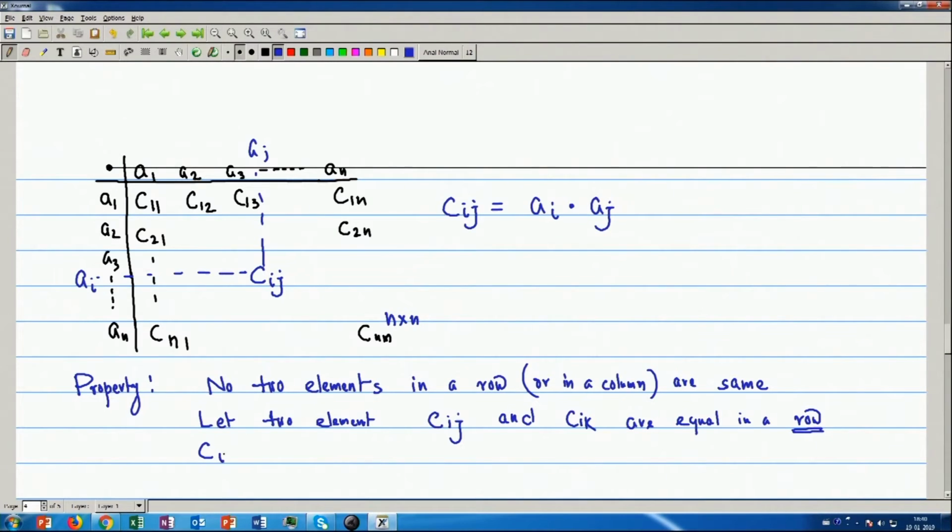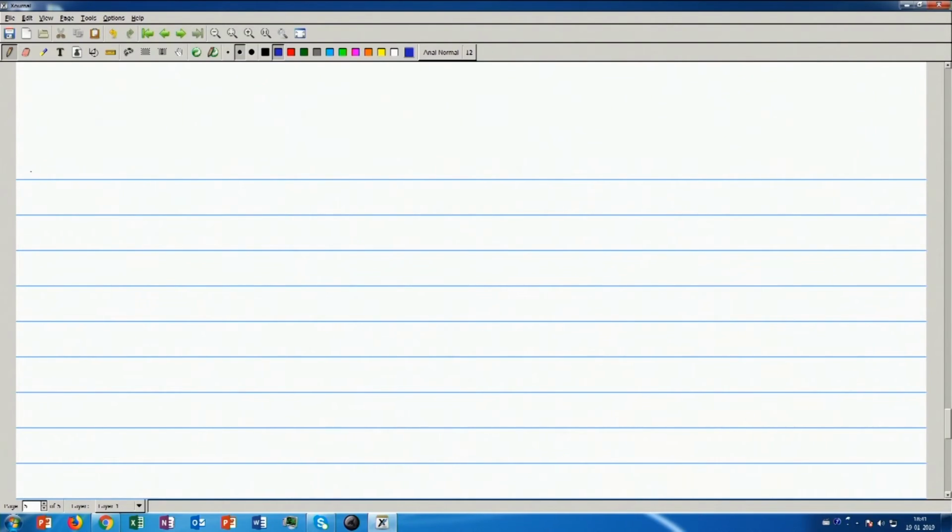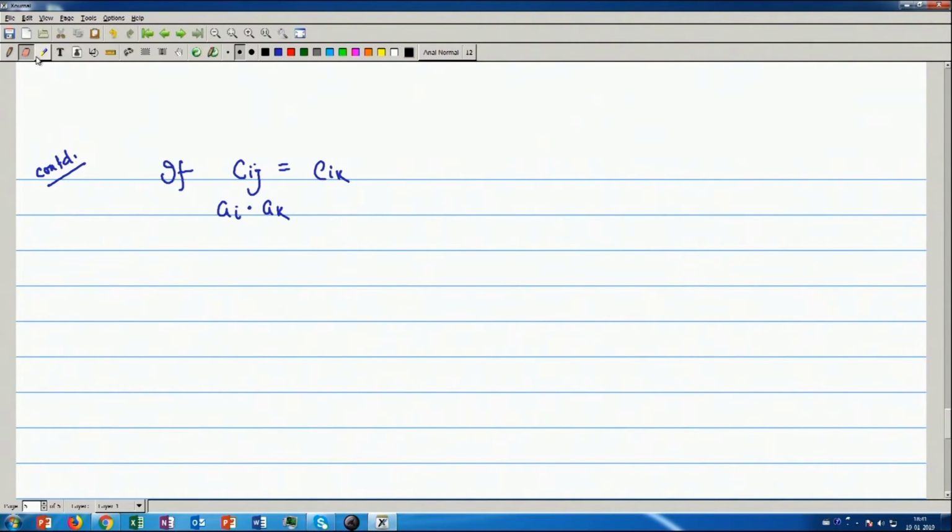Now, Cij is Ai dot Aj and Cik is Ai dot Ak. If we assume that Cij and Cik are the same, that means Ai dot Aj